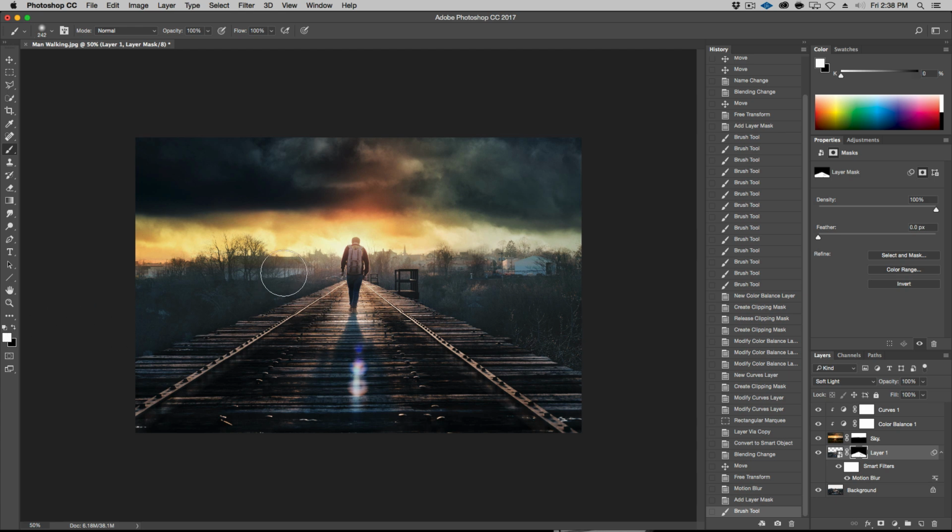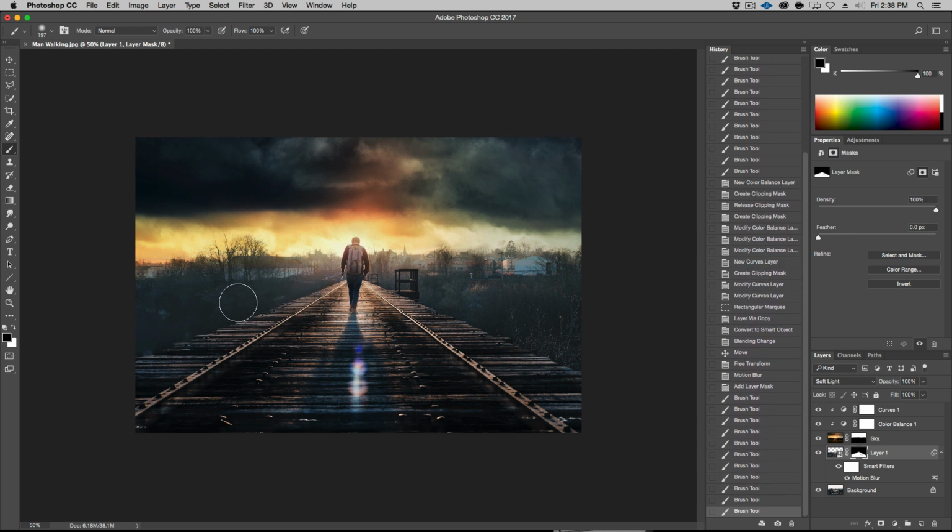Default again. And Control and Alt to make this a little bit bigger. And whoops, undo that. I want to mask. I went a little bit over here. So I'm just going to take it out so it's just on the tracks. Okay, I don't want it back there. It looks like a little bit of a shadow there. Okay, so before and after, we've added some kind of contrast here, which is good. And okay, good. So now that we have the reflection of these tracks, let's make an additional reflection of this